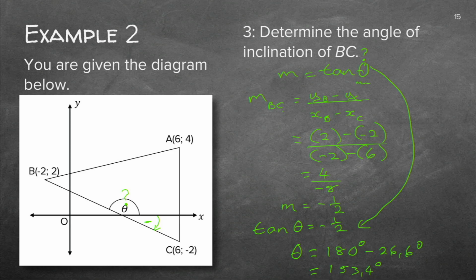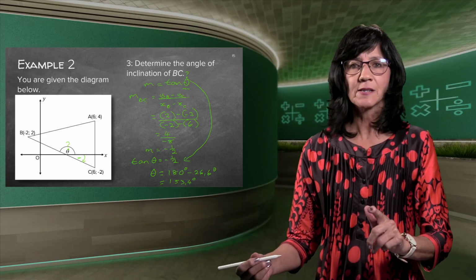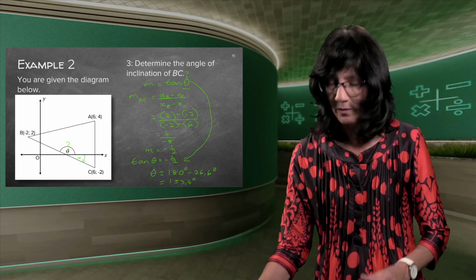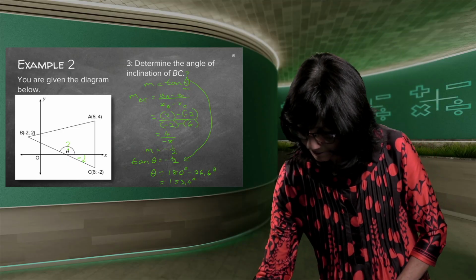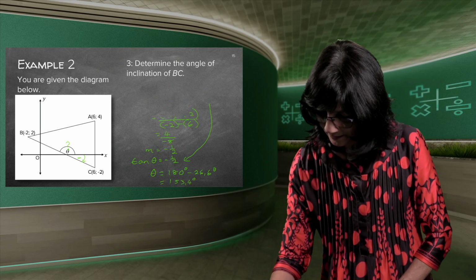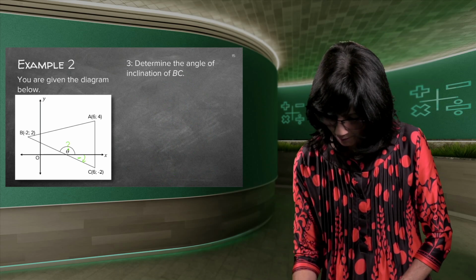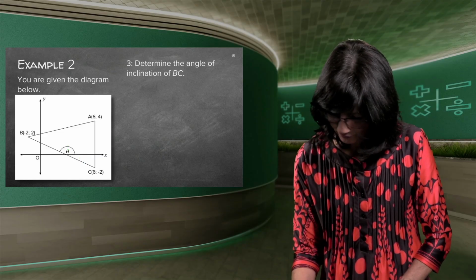You go and redo this all on your own. Practice that shift tan so that you can get your angle. And just remember, don't give a negative angle as an answer because it's not what is being asked. They asked the angle of inclination, which is the obtuse angle, which you can see there on your sketch.